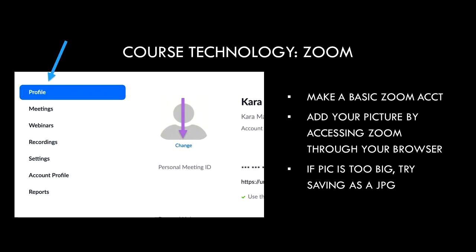To wrap up this video, I just want to make a couple notes about technology. We will use Canvas sparingly in this course. You'll only use it to turn in assignments. There's a course website that includes all course materials we will use during the semester. For our live weekly sessions, we will use Zoom. You can create a basic Zoom account for free. I encourage you to add your picture to your profile on Zoom so that it can be seen during times when it is not possible for you to have your video on.